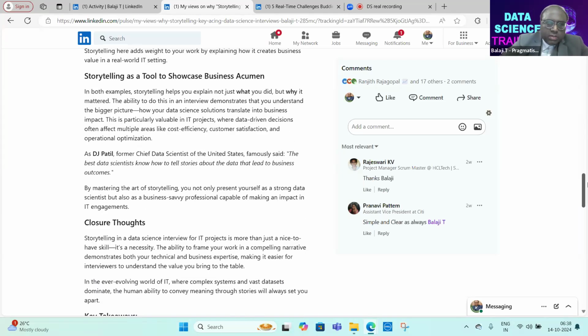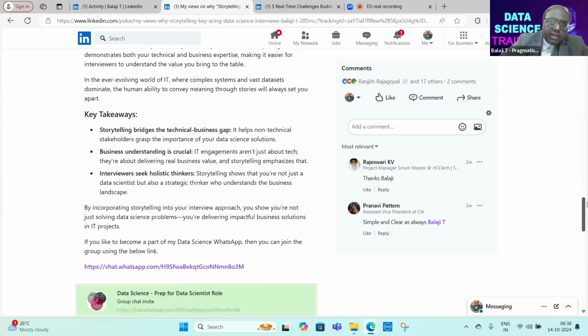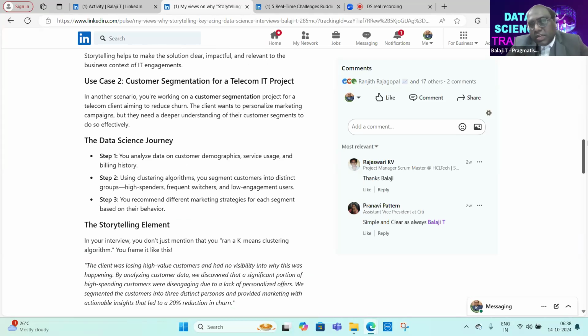Just go through this, because ultimately, whether it's machine learning, deep learning, artificial intelligence, generative AI, large language model, whatever it is, all that you are trying to do is by and large only three things. Either you are trying to solve a pain point or a problem for your customer, or you are trying to improve the process effectiveness, efficiency, and the user experience, or you are trying to do something from a compliance or regulatory mechanism from a governance perspective. Correct? So anything that you are trying to do can be categorized into these three buckets.